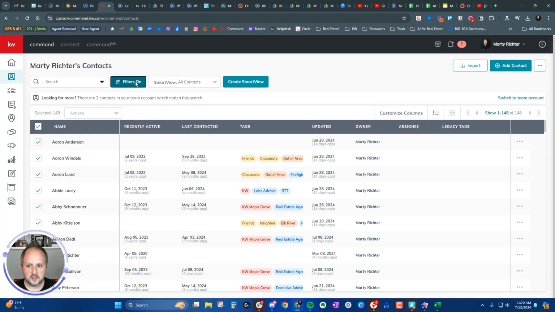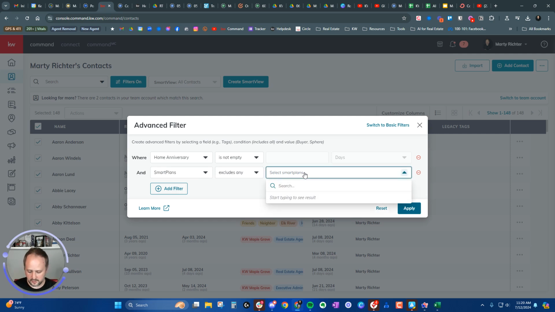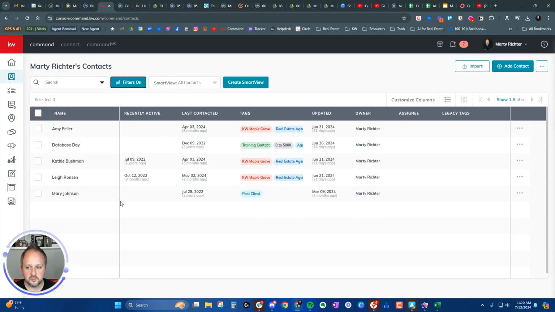And along those lines, you can use this in anything. You can say, show me whose home anniversary is not empty, meaning that I have their home anniversary in the system, but for the smart plan, I don't have them on my home anniversary smart plan. I hit apply. So this is going to show me who has a home anniversary in Command, but is not on the smart plan yet. So you can see how powerful this can get